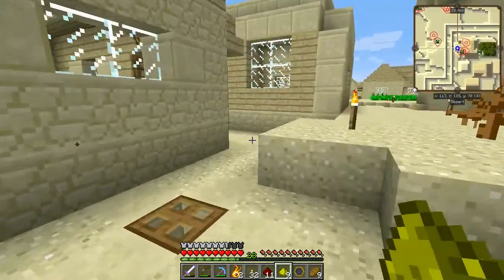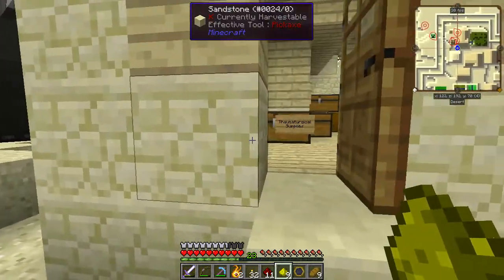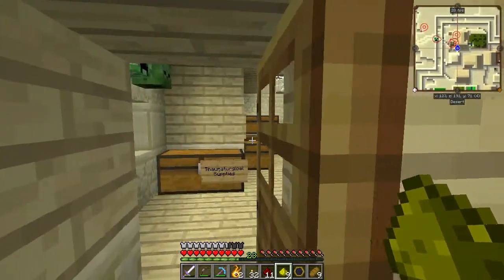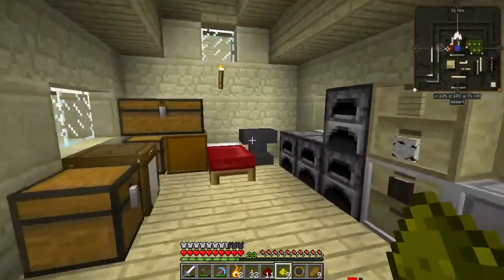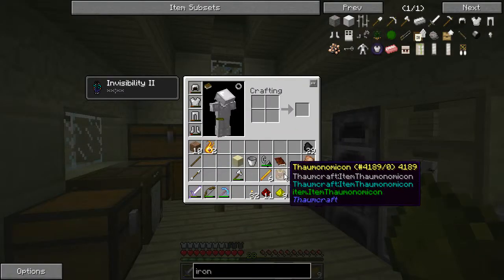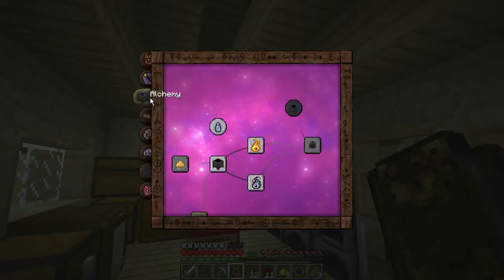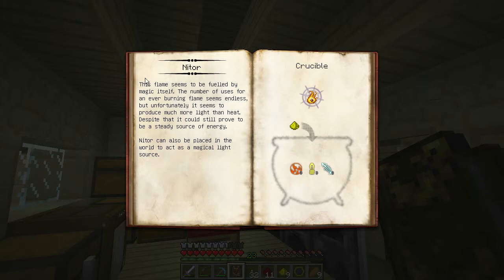Nope, okay, 2. Our calculations were correct, I'm sure. I'm not entirely sure what happened there. Perhaps one of them burned off before we could get to it. So anyway, that is our niter. We only need 1 for this quest. We'll go back to the Thermonomicon and have a look at, so that's the niter,